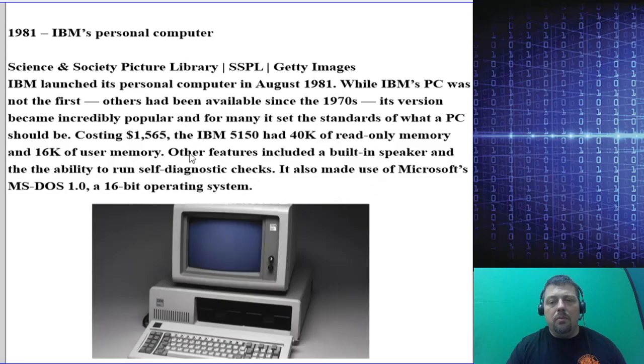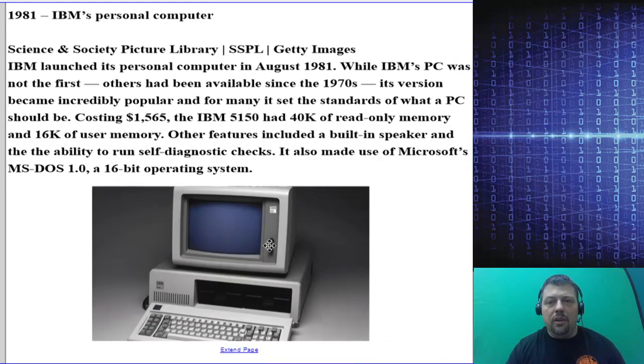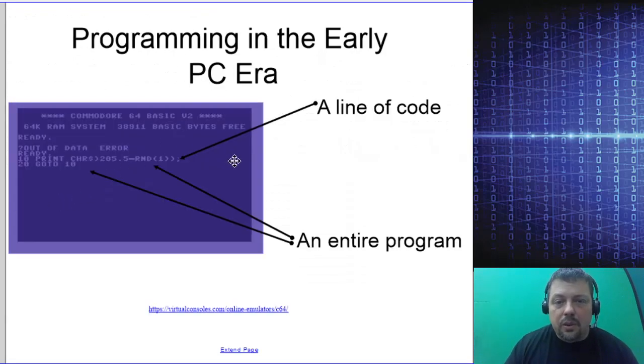This is an example of one, the old IBM PC. Of course, you also had the early Apple computers and some other competing computers, but these were the most common. Actually, Apple was probably a little more common in the late 70s and early 80s, and then PCs became more common somewhere around the mid 80s. So this would be an example of a program in that era.